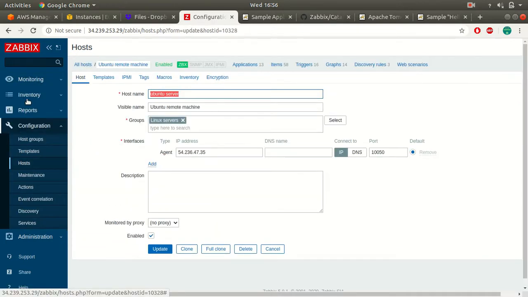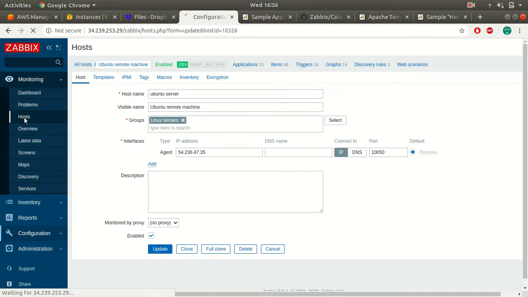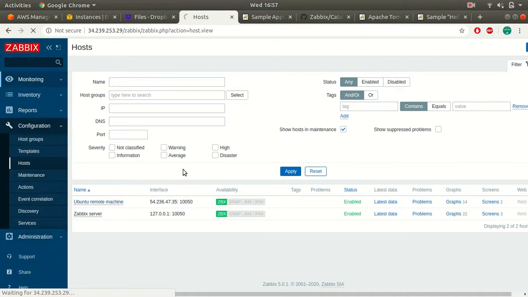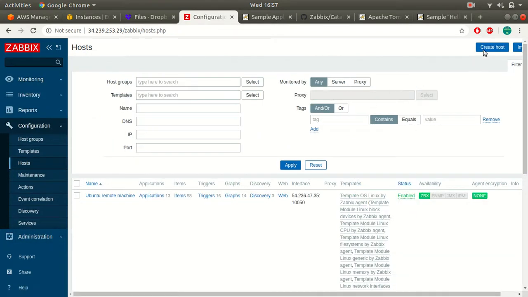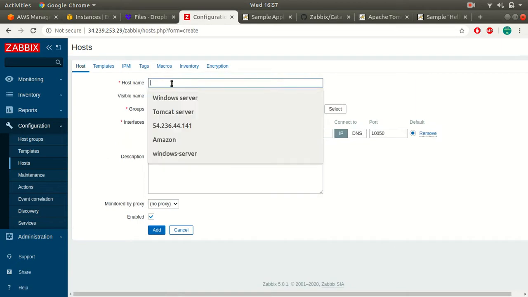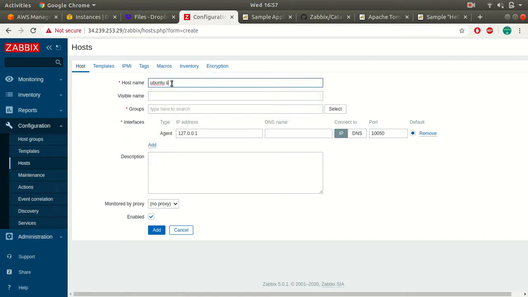Now you can add it as a new host, it's totally fine, but since they're running on the same machine, I'm using this. If you want it as a new machine, you can go to configuration, go to host, and create host. Here you can give the name. So my host name is Ubuntu server.